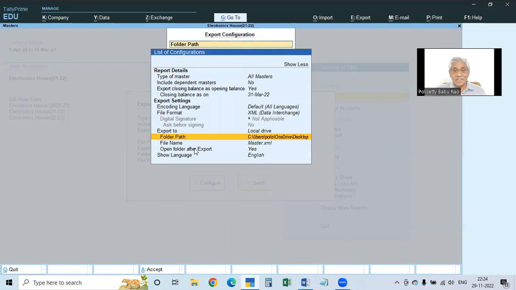So this is the path. See here, seed users, and it will be on desktop. Then the name of this file is already given. All masters were uploading, that is exporting. That is why it is giving as master.xml. Okay, we can change it. If you want, you can keep some other name. Okay, and then after